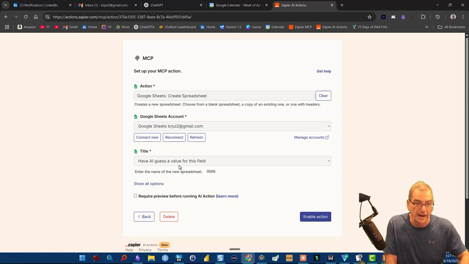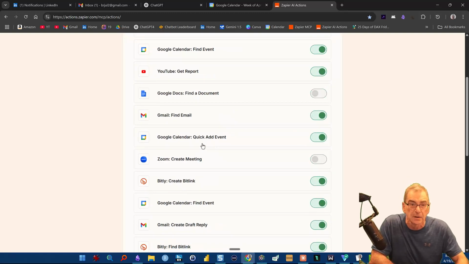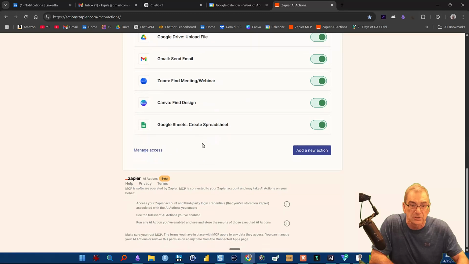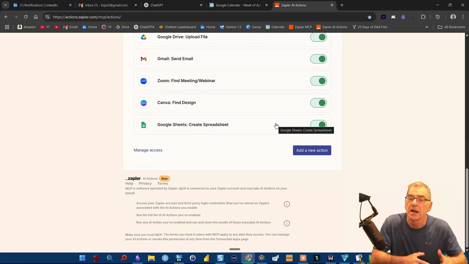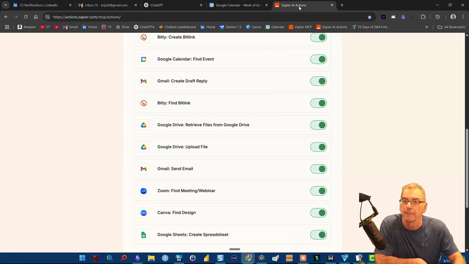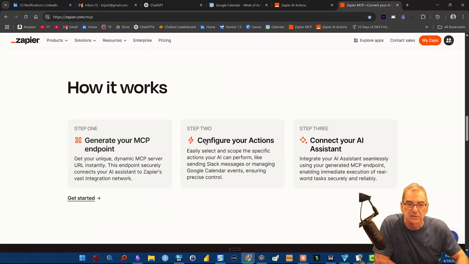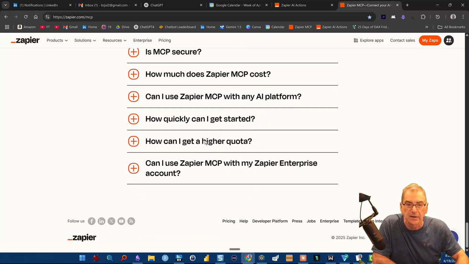So have the AI guess a value for this field. I do like to require a preview before running the action, and then I just hit enable, and it goes through, and there should be a Google Sheets create spreadsheet action, and that's all you have to do. And so once you create the endpoint and you go to the actions, there's a third step, and what you have to do here is they give you a snippet,